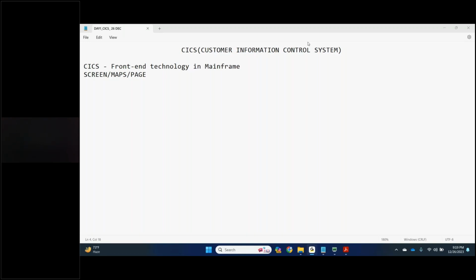Can you please add something? You want me to add for IMS DC? Yeah, I mean the screens. What type of screens, how you used IMS DC in your experience or in your project? That is what I'm asking. I'm not asking about IMS DC itself. What type of screens did you use in your project?